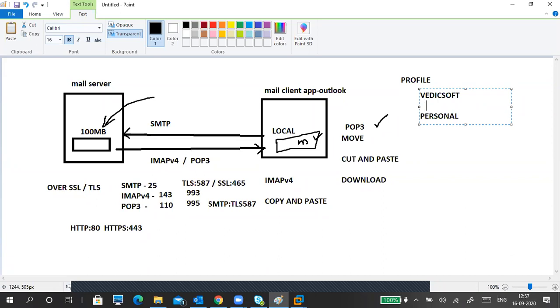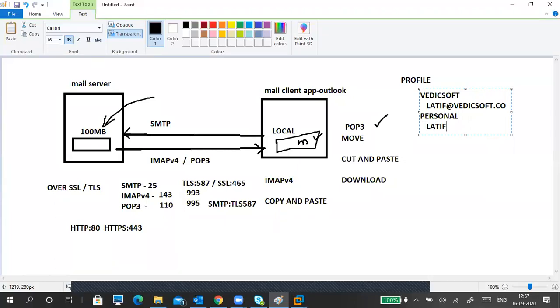So the Vedic Soft mail, for example, Latif at the rate vedicsoft.com, just for example. In the Vedic Soft profile, I created my Vedic Soft account. For my personal one, it is my wish to put anything, right?